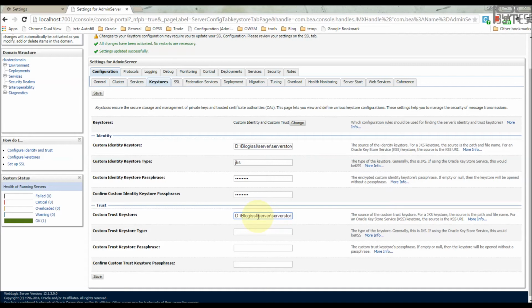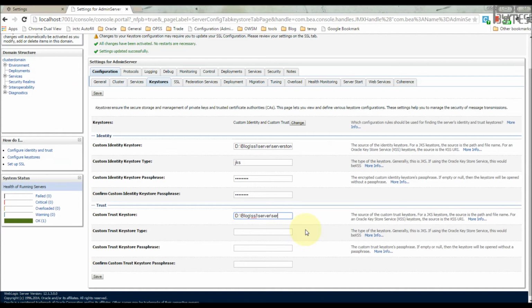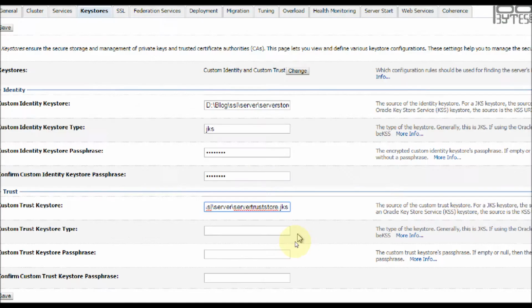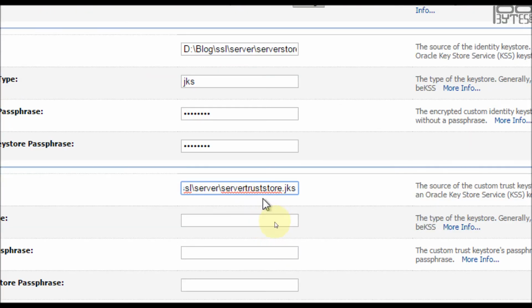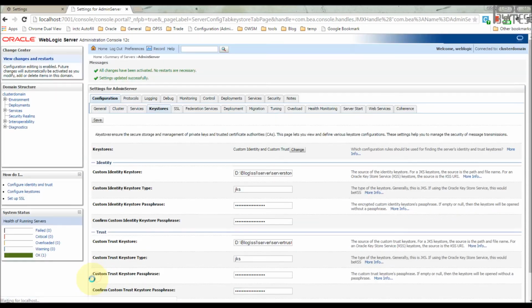The trust store is also in the same server folder, but it is the server truststore. So I'm going to write server truststore.jks. Similarly the store type is JKS, and we have the password for the custom server trust store as well. And you have to save it.